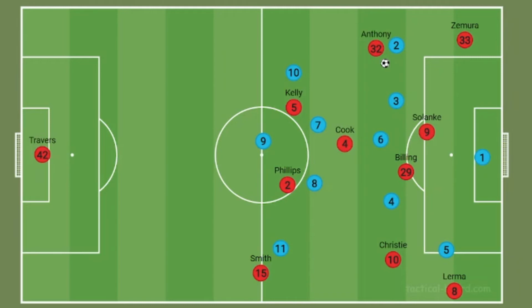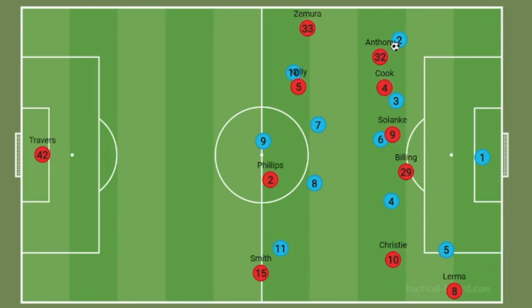And now, if they lose the ball in this position, they'll lightly apply pressure, while the surrounding players will try and block off and mark the possible recipients of a pass, while other players just track back and try and get into position so that they're not easy to break down. What this does is this slows play down for Manchester City, who might just have to pass their way back